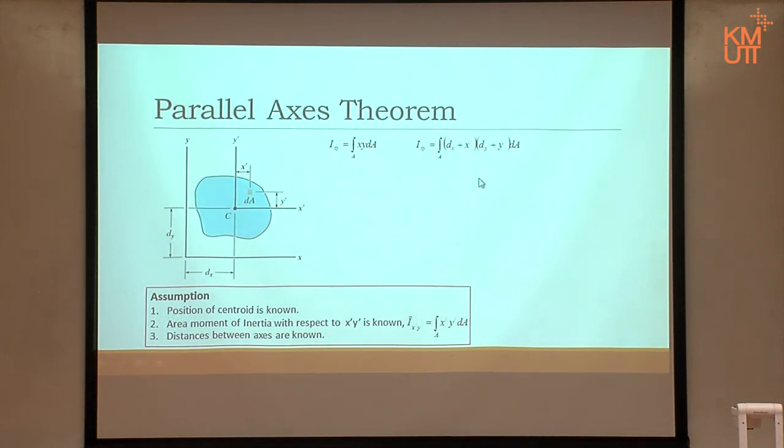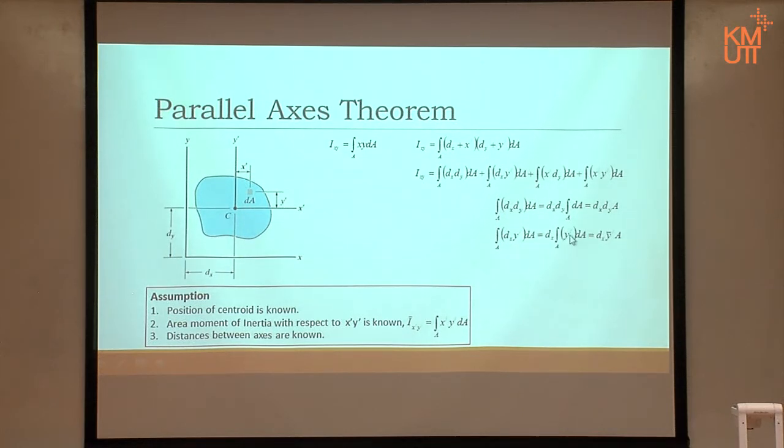Okay? We can't do anything much about it in this form, so we expand the term into 4 terms. And then we deal with it one by one. Okay? Starting from that one, the first term, d subscript x, d subscript y constant. So we take it out of the integration and integrate dA, it's just total area, right? Nothing complex there. Then the second term, we can take dx out, right? D subscript x out. Then we are left with